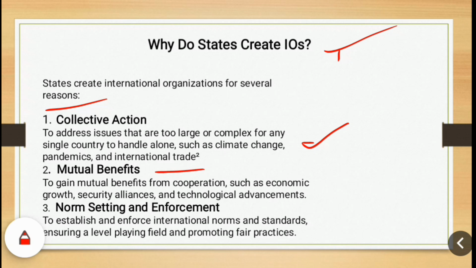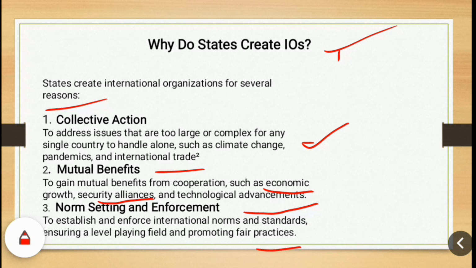Mutual gains from cooperation, such as economic growth, security alliances, and technological advancement. Norm setting and enforcement, to establish and enforce international norms and standards, ensuring a level playing field and promoting